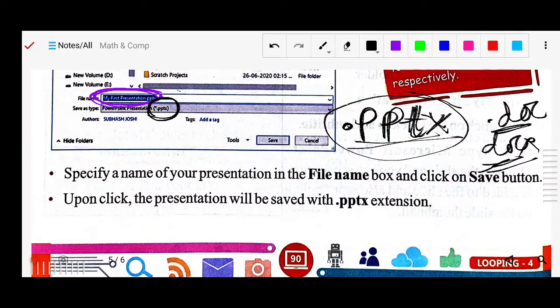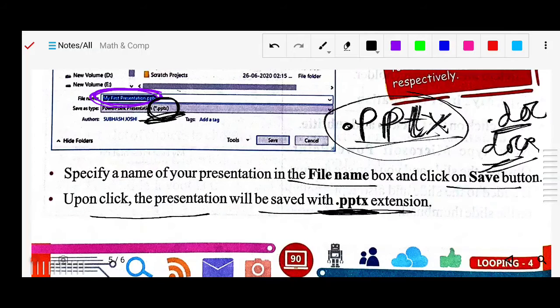Like for Excel, .xlsx. So for a presentation, the extension is .pptx. Then specify the name of your presentation in the file name box and click on the Save button, and it will be saved with the .pptx extension, as I told you.